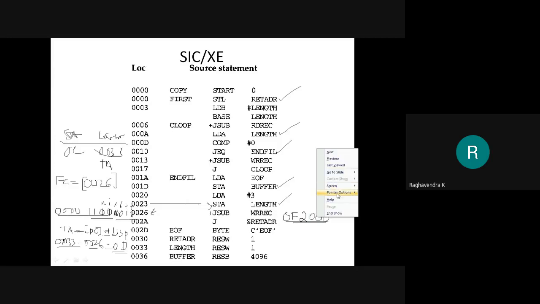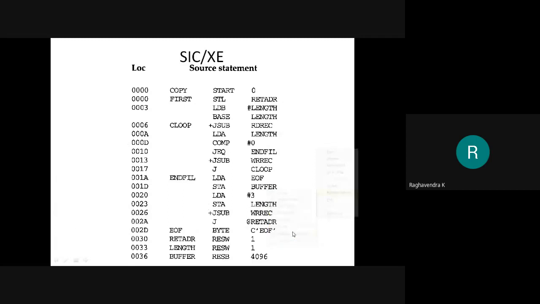If it's not PC relative addressing mode, if it's base, I will come back to base, because there is no instruction present here which uses base relative addressing mode. I'll explain base relative addressing mode later, but let us look at some of the other types of instructions. Let us start with an instruction that's format 3, but it uses immediate addressing.